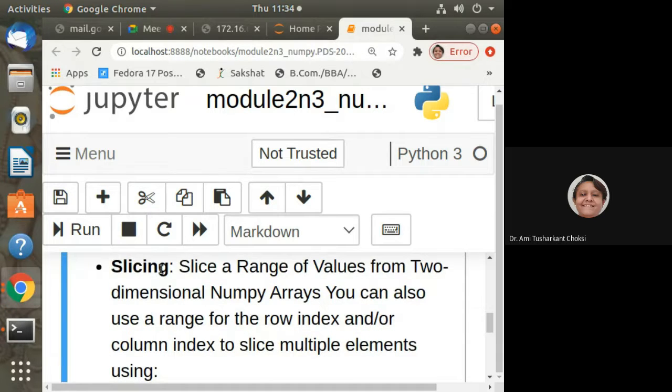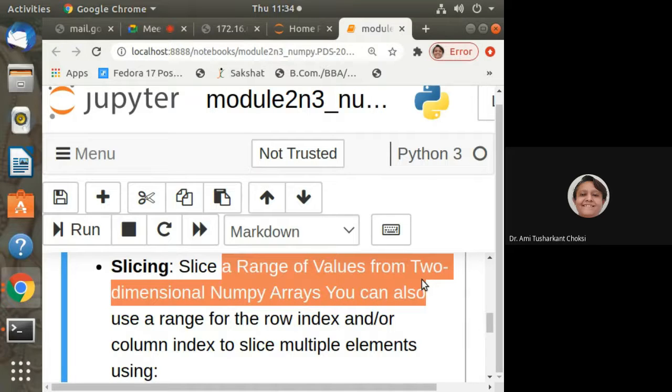Now we want to know the slicing. We know slicing. In list we have seen, in string also we have seen. In all the data types we have seen that. So how is it available here? Slice a range of values from two-dimensional NumPy arrays.